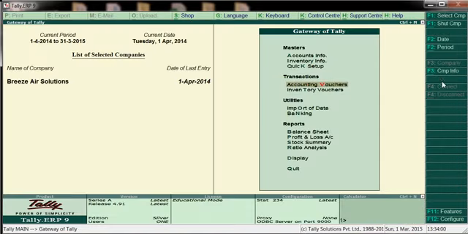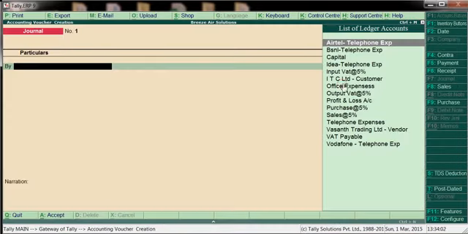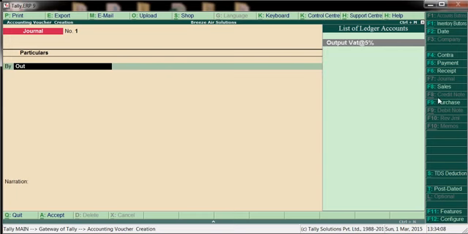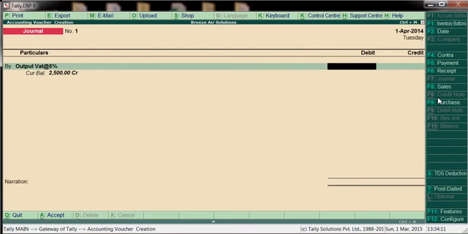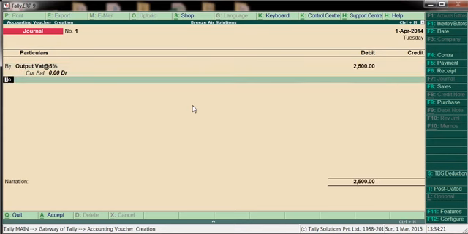One second, I'll show you. Go to general, output VAT. If you see here, balance 2,500 is there. Now we'll enter here 2,500. If you see balance now 0.